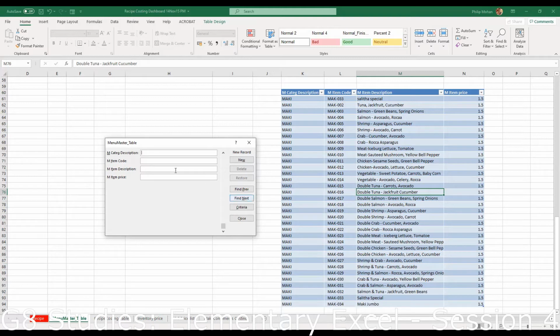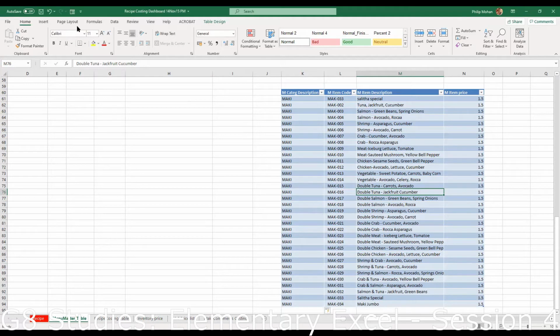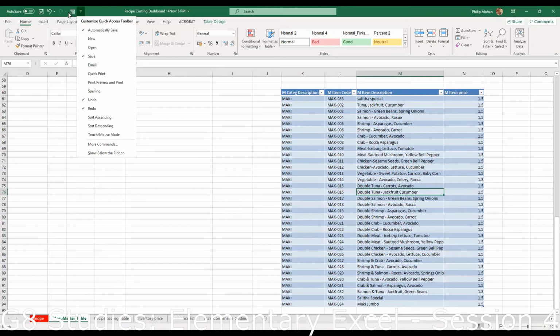Okay. So this is a way to easily add data into a sheet. Only if it's a table you can do that. If it's just a database, you cannot do that. And it will pick up all the columns that are there. Now let me show you how to add this. Okay. Now I need to take this out first. So how can I do it?